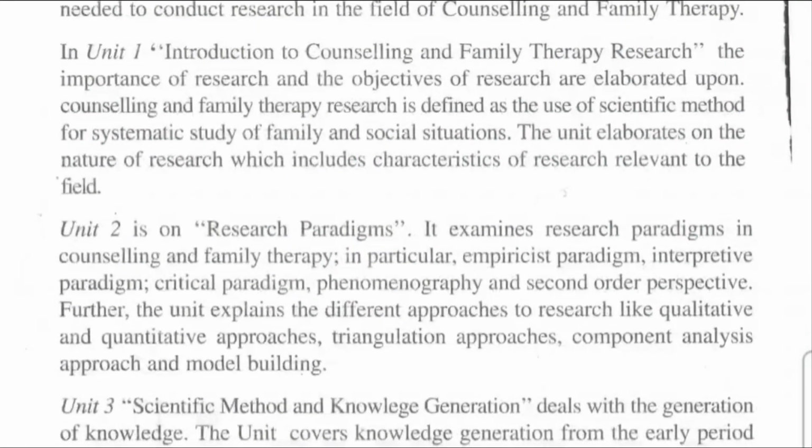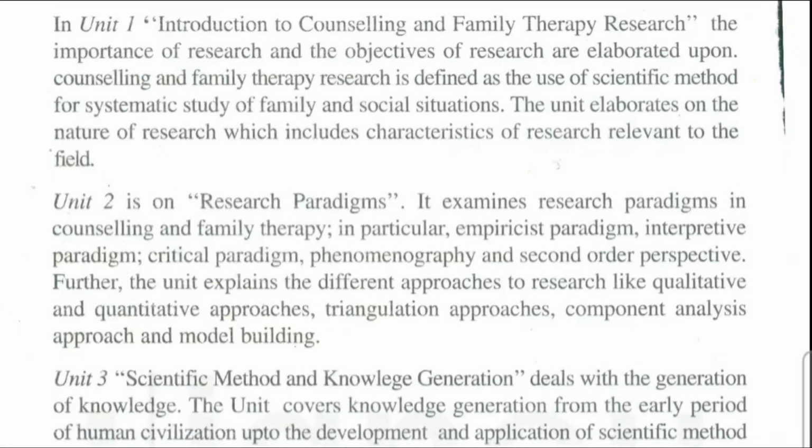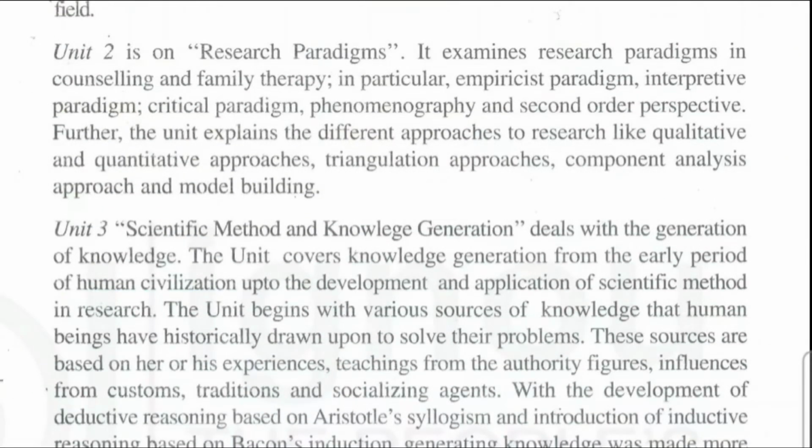are elaborated upon. Counseling and family therapy research is defined as the use of the scientific method for systematic study of family and social situations. The unit elaborates on the nature of research, which includes characteristics of research relevant to the field. Unit 2 is on research paradigms. It examines research paradigms in counseling and family therapy, in particular, empiricist paradigm, interpretive paradigm, critical paradigm, phenomenography, and second-order perspective. Further, the unit explains the different approaches to research like qualitative and quantitative approaches, triangulation approaches, component analysis approach,